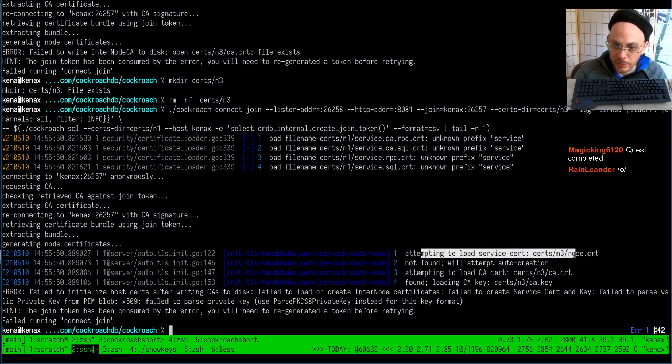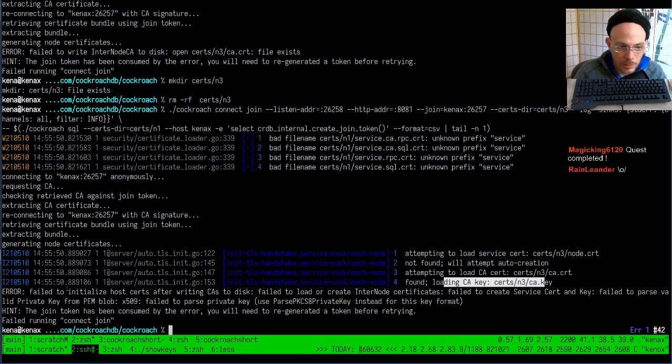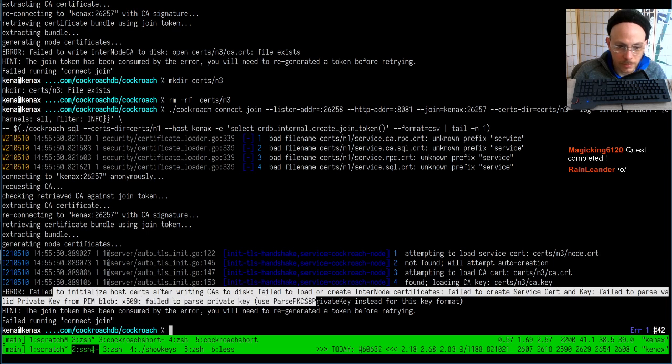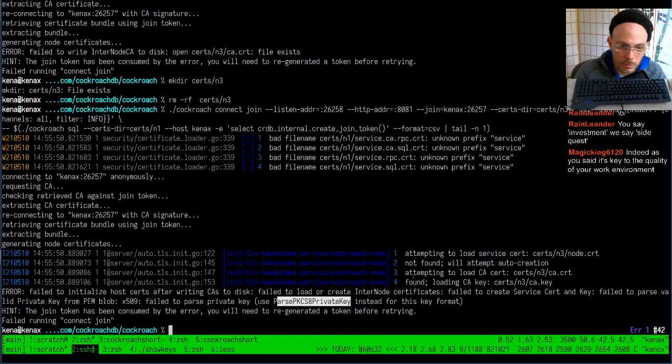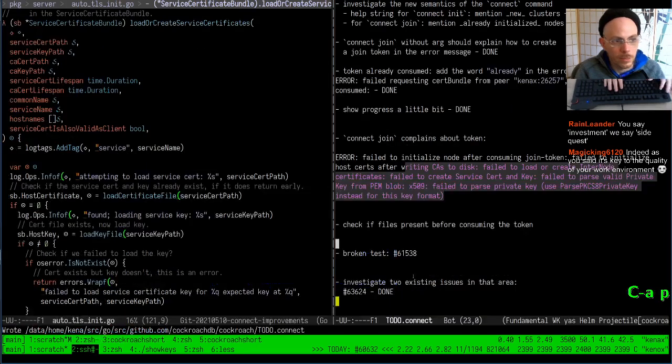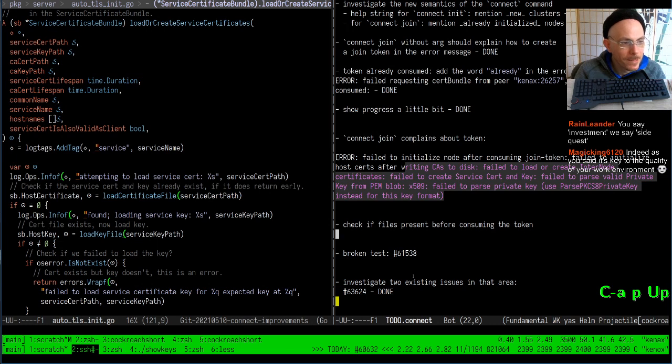Attempting to load service certs, not found. We'll attempt auto creation. That's exactly what we want. Attempting to load CA certs, found. Loading key. And the key is not in the right format. Use parse PKCS8 private key instead. That is strange. Why did we not notice this was a problem before? Oh, I know why. Oh, okay. So side quests. Actually,